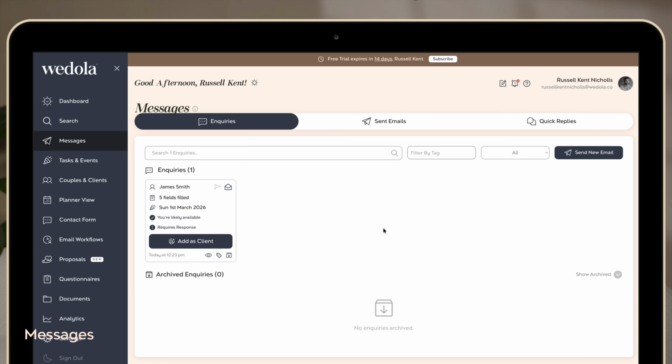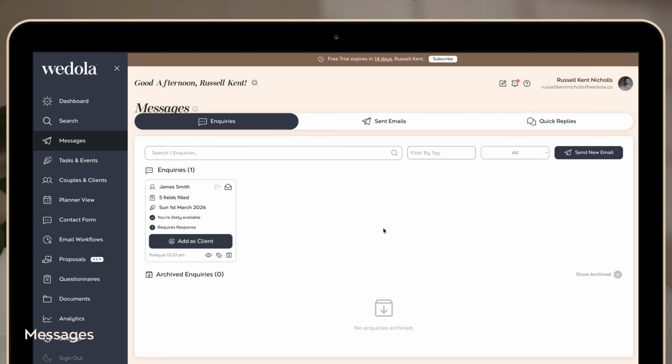So I'll be able to filter and sort those at a glance for responding to them again later on. Okay, so let's say hypothetically that James wants to book with me. He's chosen a specific package from my brochure and they're ready to go ahead. The next step we're going to do is create our products and packages under services so that I can easily send them a proposal, which they can then accept, sign their contract, pay their invoice, and get